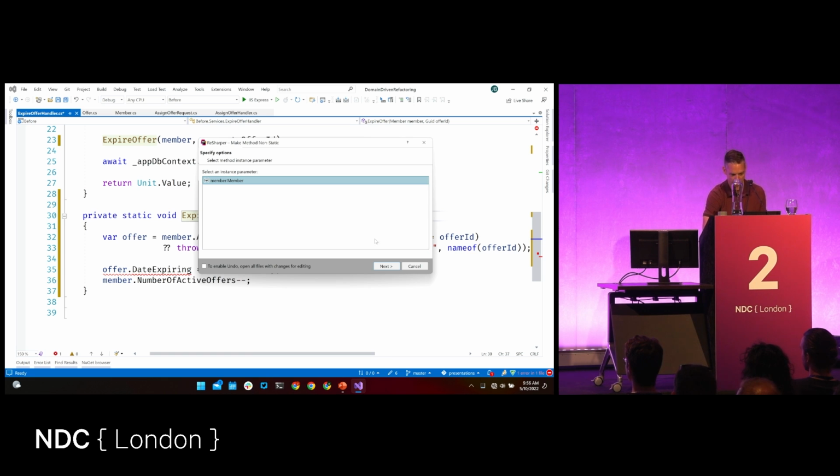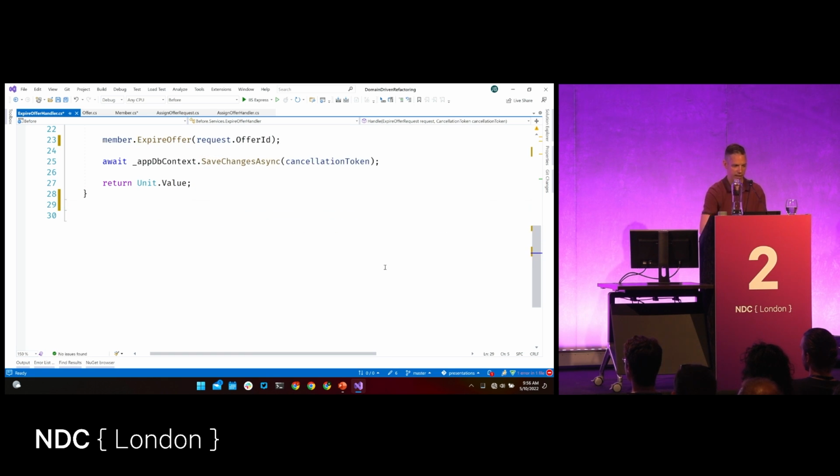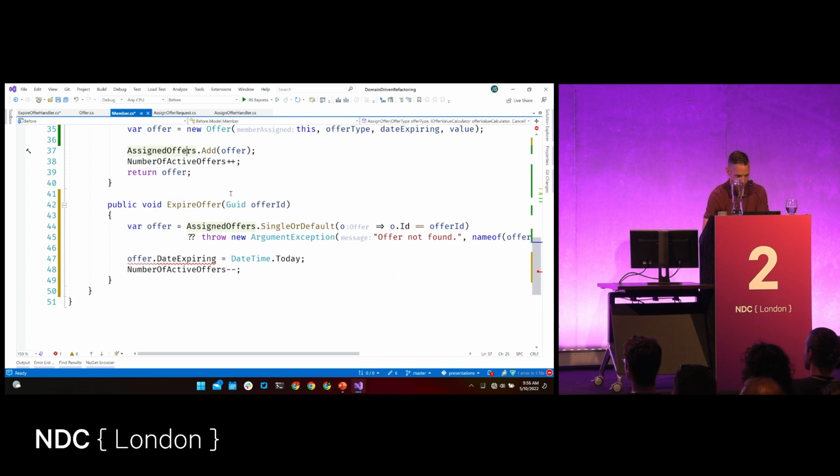I select the instance parameter, member, click next. Okay, that went away. Now it's still red here, and this is because this date expiring is still a private setter on that object. So what I can do here is refactor this one single line of code,